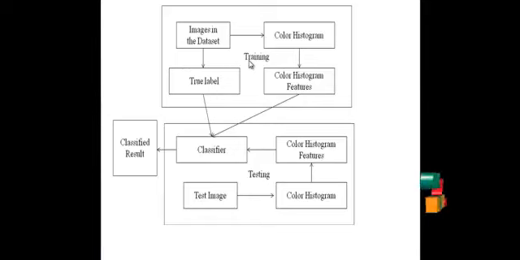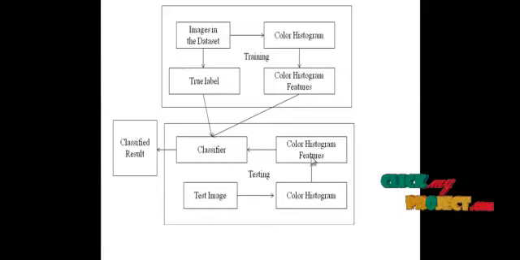This is the training process. In the testing process, initially the input test images are pre-processed. In the pre-processing, noise in the images is removed. Noise in the images represents unwanted pixels, so we use filters to remove the noise from the image. Here we are using a Gaussian filter, which removes the noise from the image and produces a smooth image.